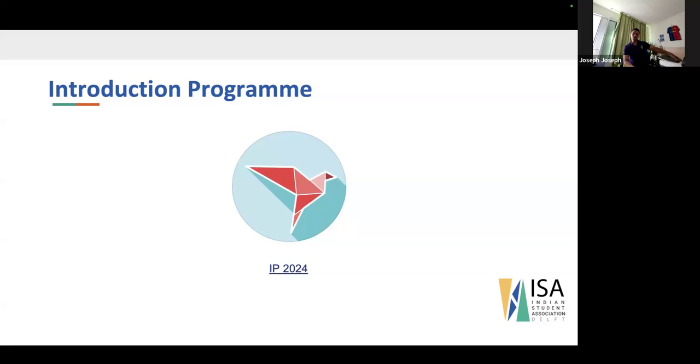One thing you need to take into consideration is that if you buy things firsthand from Delft or in the Netherlands, it can be a bit more expensive than in India, but there's also an option to buy secondhand. And the secondhand market in the Netherlands is really good. Most people don't buy firsthand stuff here. For example, I bought some of my furniture, my fan, my shoe rack and a lot of other stuff